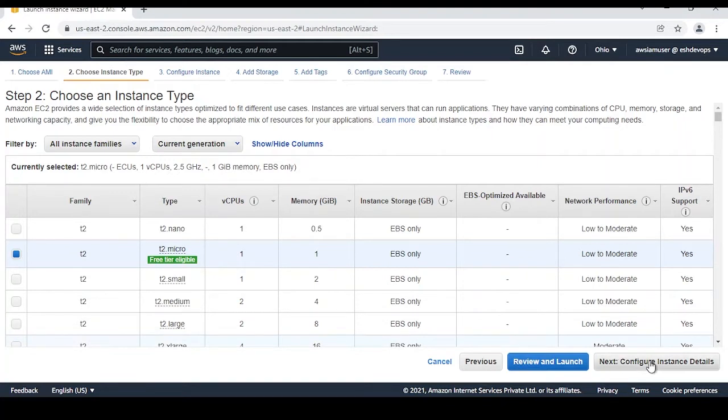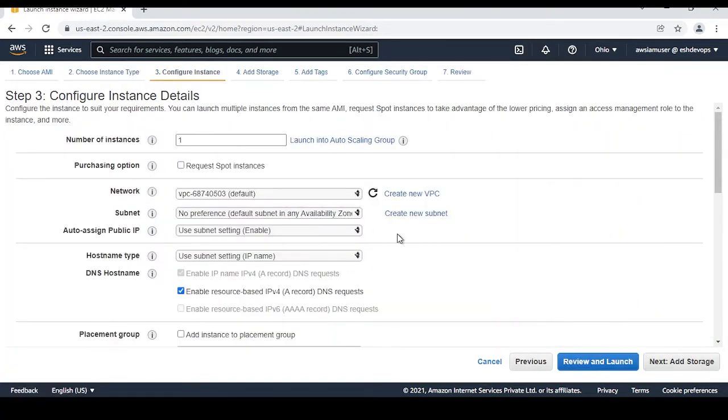Now go to configure instance details. Here most of the options you have to keep as they are, because we are using the default values given by AWS. I don't need to make any changes in network, subnet and other categories as well. But you have to specify how many instances you are going to deploy. In our case we are going to deploy one EC2 instance. If you want to deploy 3 or 4, you can just give the integer value and after that move forward to the next step. But we are not going to deploy 4 EC2 instances, so I'm just changing from 4 to 1.